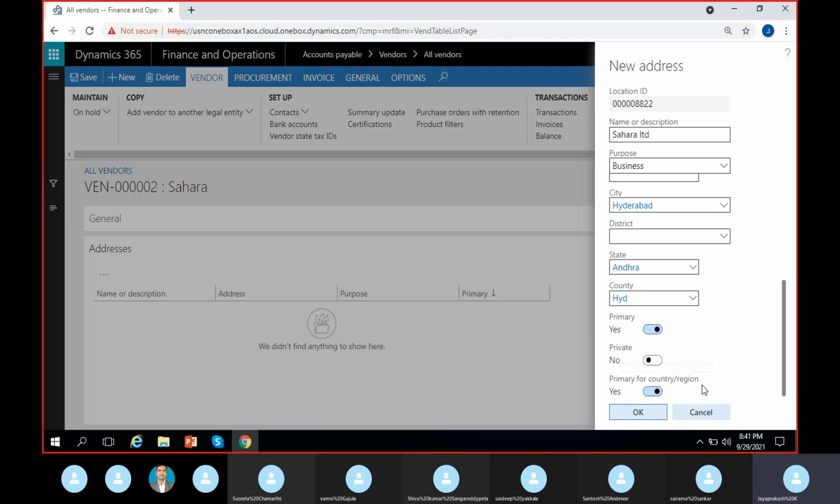Then primary for country or region. Suppose this vendor has various addresses, like one address in India, as well as addresses outside India. We can give an Indian address within the Indian addresses. Suppose there are three Indian addresses and